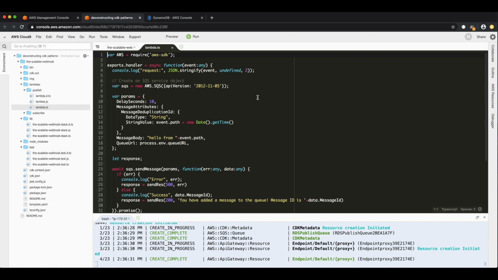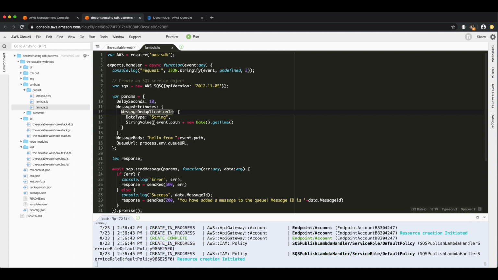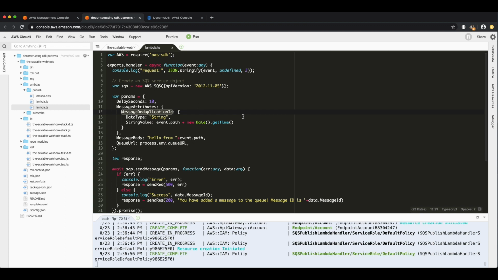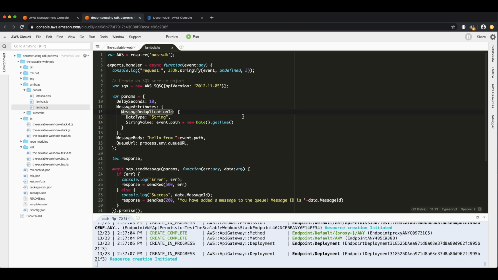Okay, so this is where we're going to start talking about the deduplication ID, and this is it here. In our message attributes, we're including this parameter called message deduplication ID of type string, and the value is event.path plus a time. So what this pattern is going to do after we deploy it, it's going to stand up an API gateway, and any URL we hit on that API gateway, it is going to insert a row in the Dynamo DB to say hello from and whatever that URL is. So if I hit /YouTube, it's going to say hello from /YouTube,